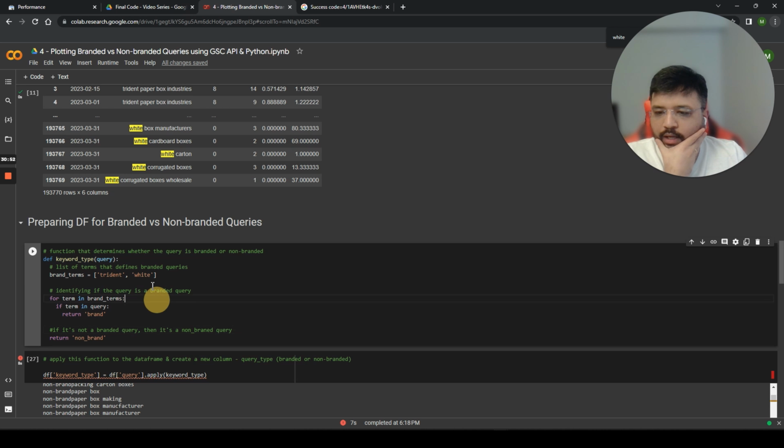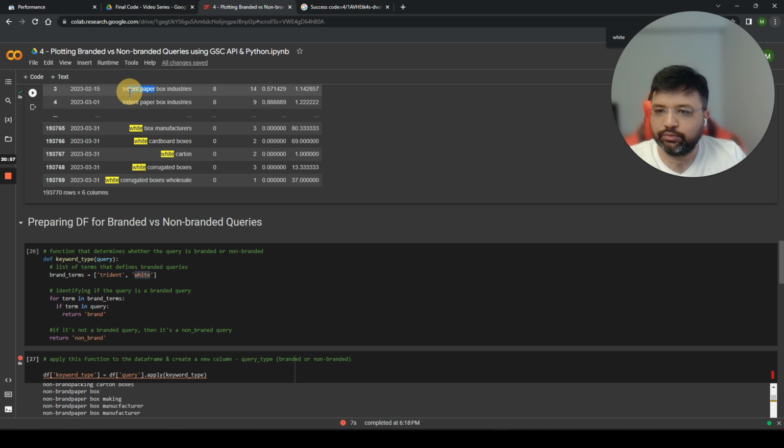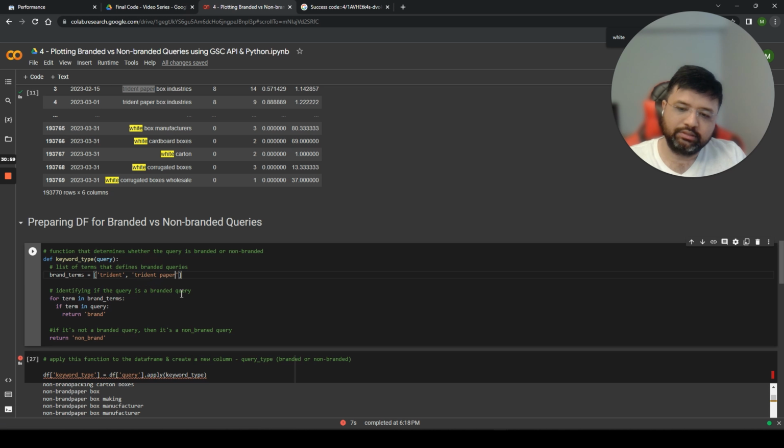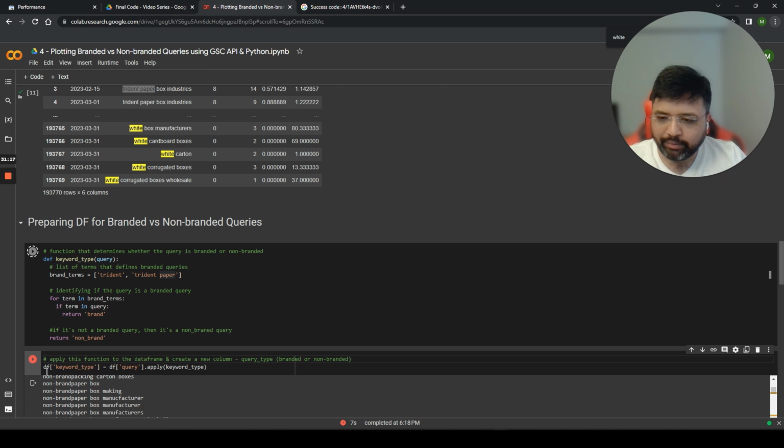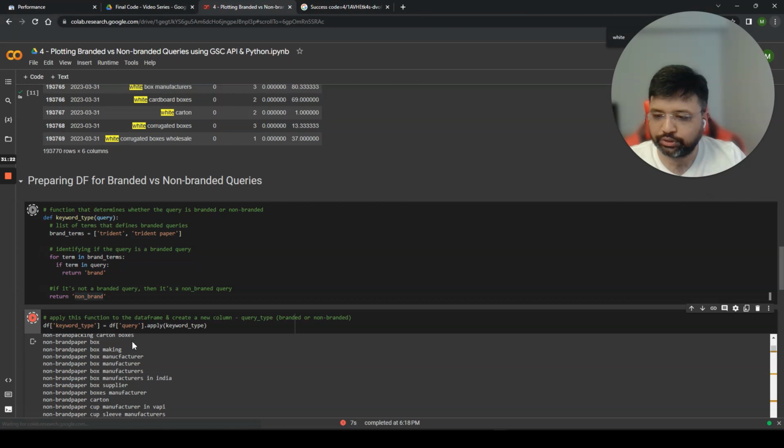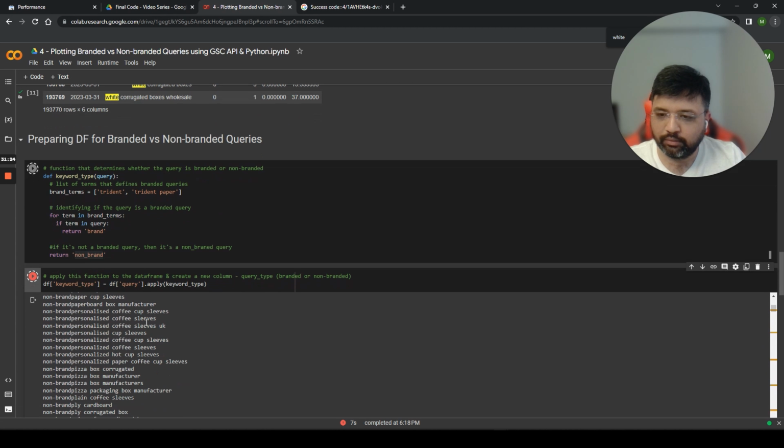Okay. Now I'm going to revert back, and I will just use Trident paper as an example, because that is actually our brand. So you can add multiple keywords here, and it is going to work as contains. You can say if my query contains these keywords, then it is my branded query. So I will go back, I will run this function, and after running that function, I will create a new column and data frame. In this case, it won't print anything,